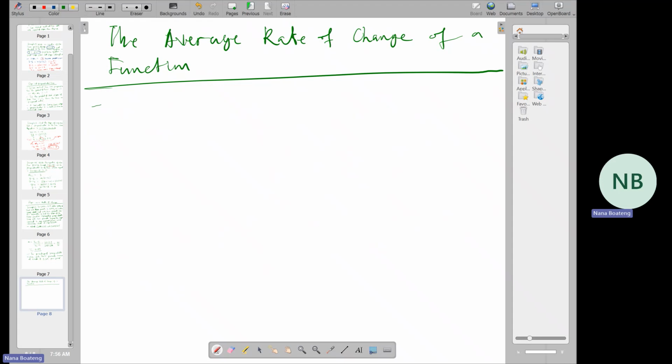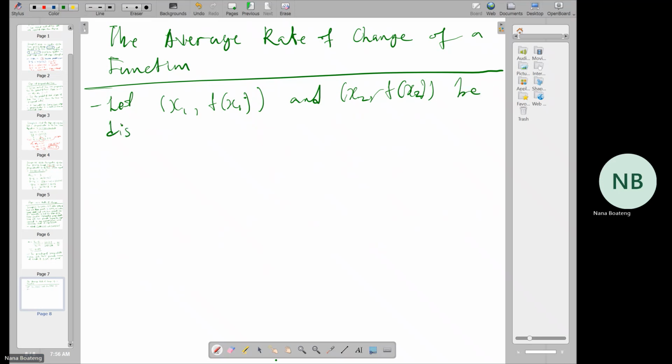So if we let x1, f of x1 and x2, f of x2 be distinct points on the graph of a function f,